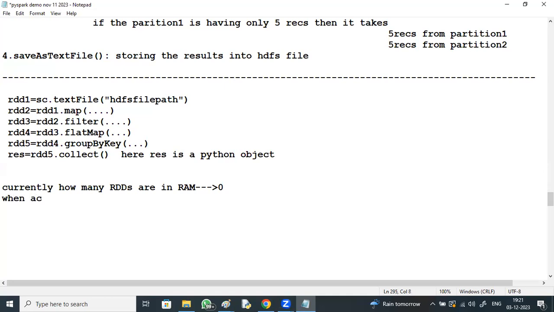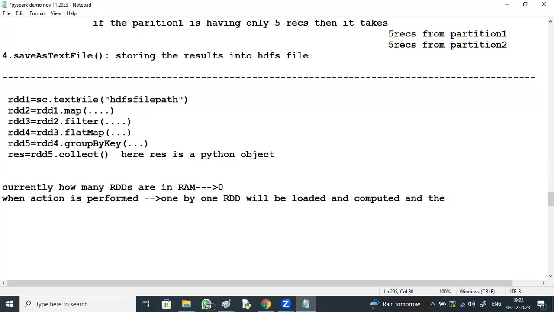When action is performed, one by one RDD will be loaded and computed, and the previous RDD gets removed.